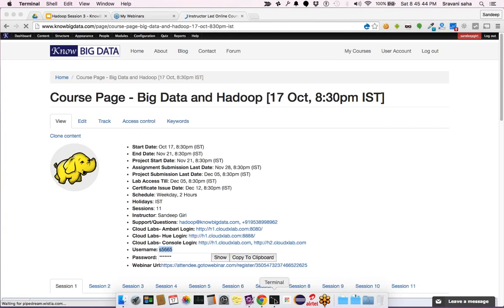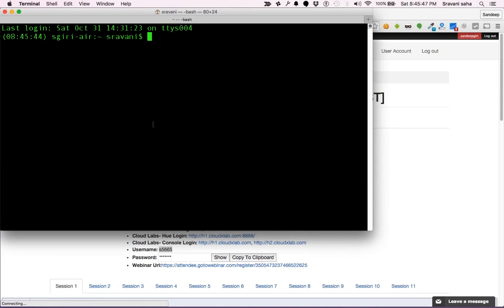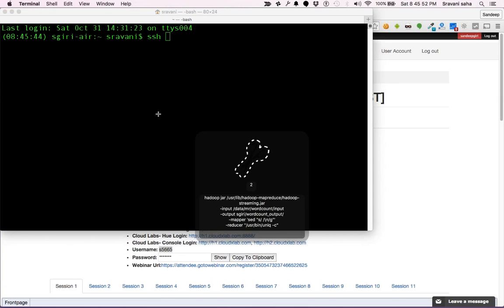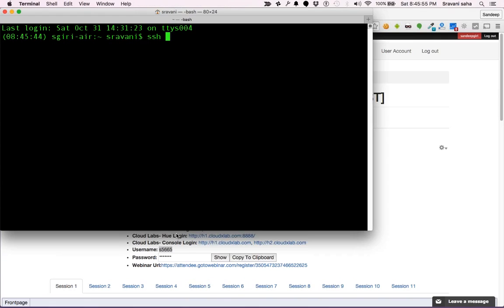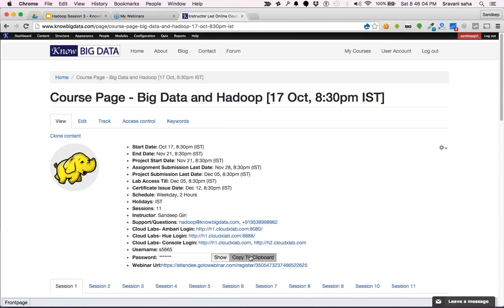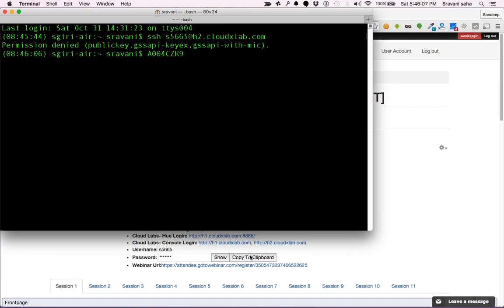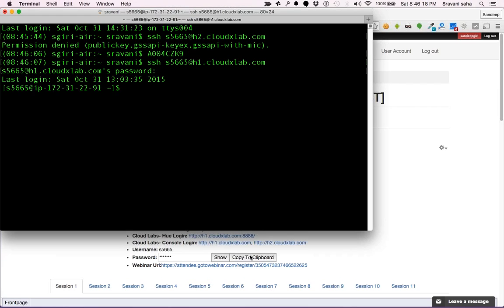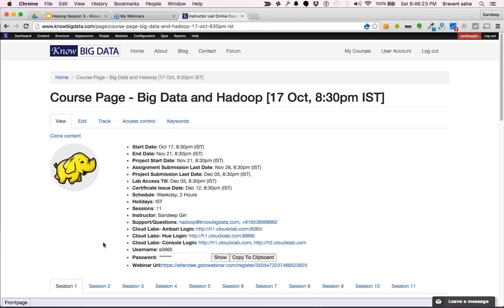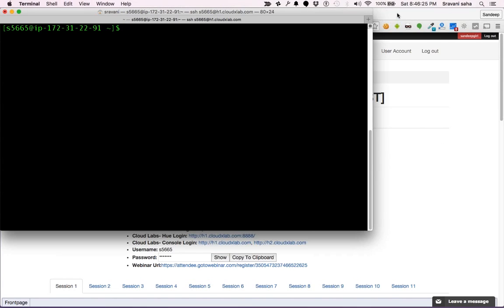Let me try to launch it from my console. That becomes easier for me. So SSH, h2.cloudxlab.com. Let me just try h1. Yeah, I've logged in to h1. So we will be experimenting here.